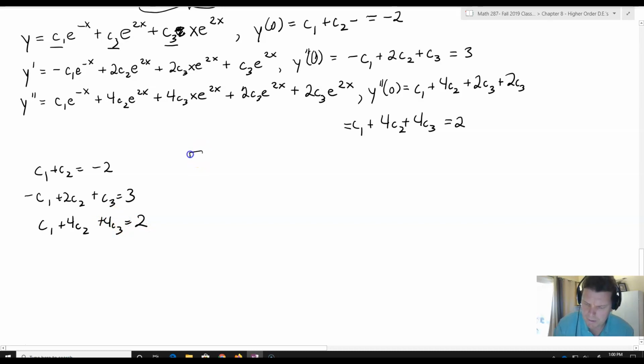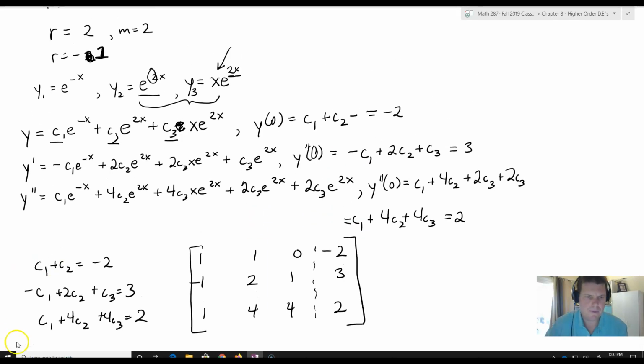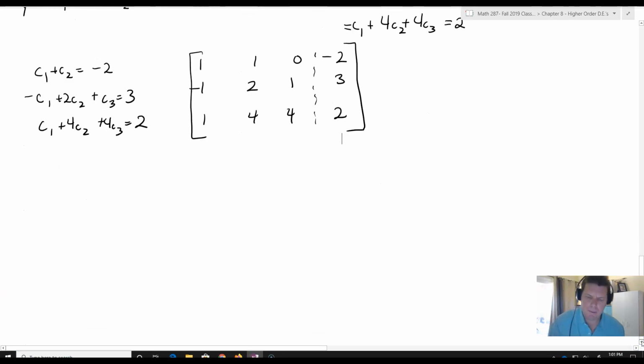All right, we'll set this up as an augmented matrix: 1, 1, 0, -2; -1, 2, 1, 3; 1, 4, 4, 2. After row reduction, what we ended up with was